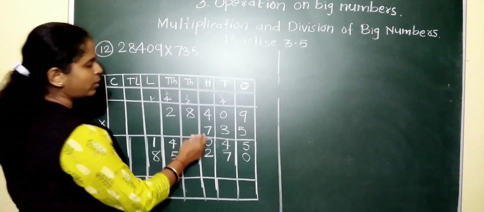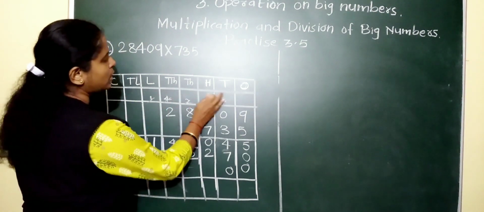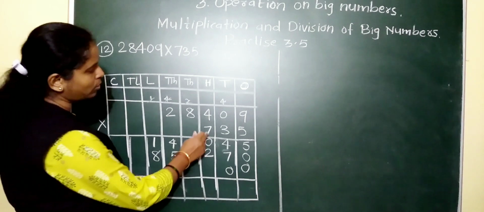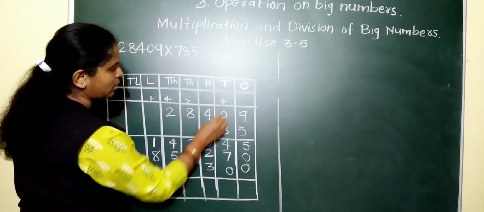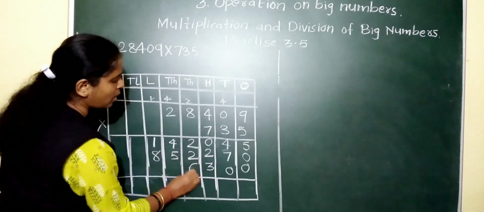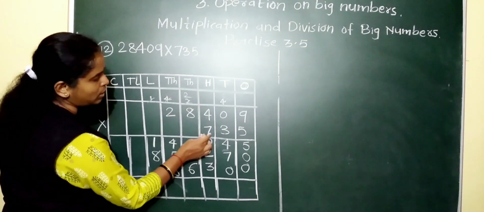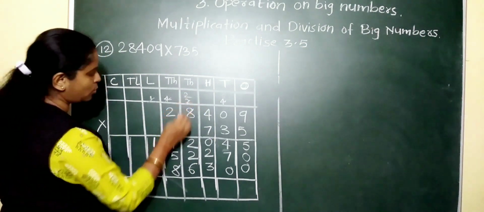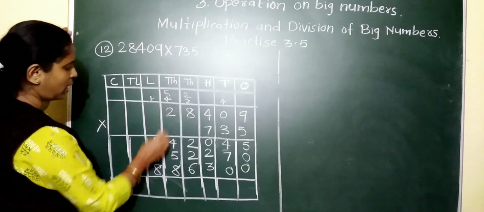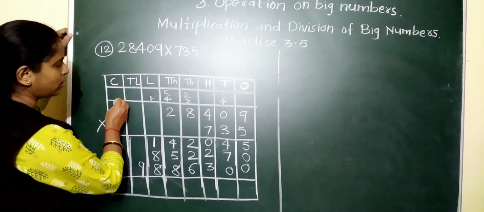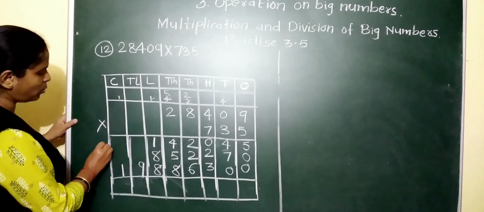Okay. Now we will multiply with 7. So here 2 places, 0 0 will come, and this also we have to erase. Now 7 9s are 63, 3 carry 6. 7 zeros are 0 and 6 as it is. 7 4s are 28, carry 2. 7 8s are 56 plus 2, 58, carry 5. 7 2s are 14 plus 5, 19. 9 carry 1. That 1 will come here, and we have to add.